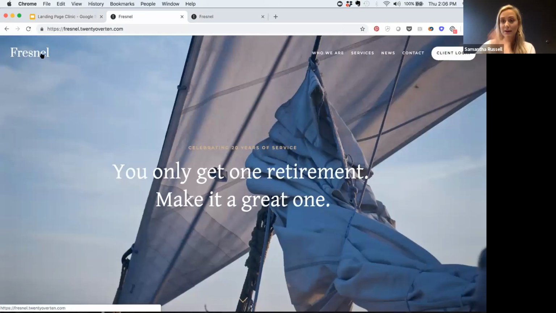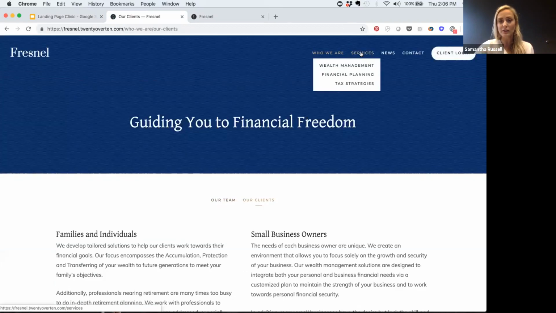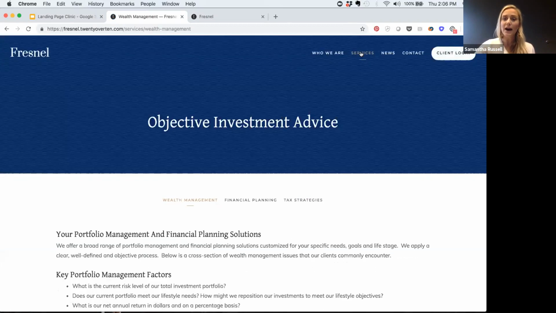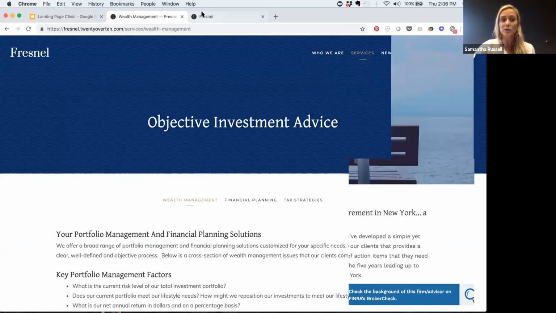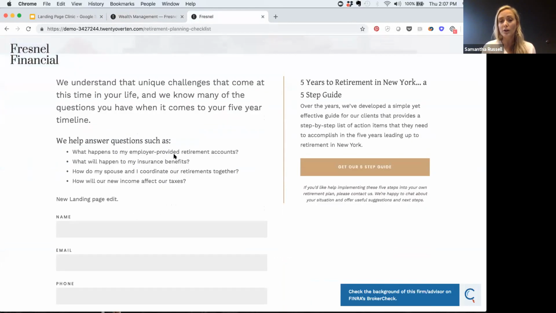If we come to this demo page that we have here at 20 over 10 for this fictitious company, Fresno, we can go through their site and see who they are, the clients they serve, and the services that they provide. But nowhere on the page do we have the ability to get to this retirement planning checklist page, where they're offering this 5 Years to Retirement in New York, a 5-step guide.